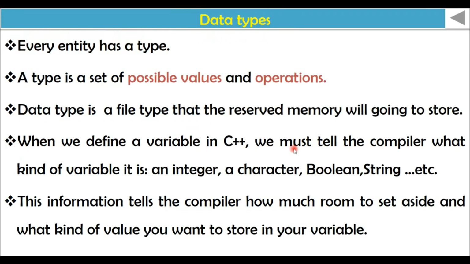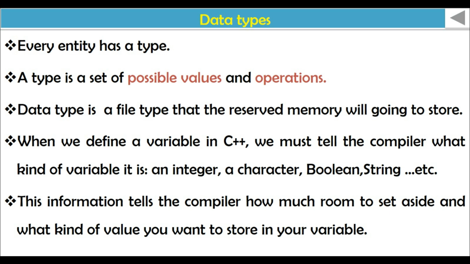So let's see data types. Every entity has a type. We can describe a type as a set of possible values and a set of operations that can be done on that data type, right? ስለዚህ set of possible values ሊሆኑ የሚችሉ ቫልዩዎችን የሚያሳየን ነው፣ አንደኛ ደግሞ ምን አይነት ኦፕሬሽን ሊሰራ ይችላል የሚለውንም ዲተርማይን ያደርጋል ዳታ ታይፓችን ማለት. So data type is a